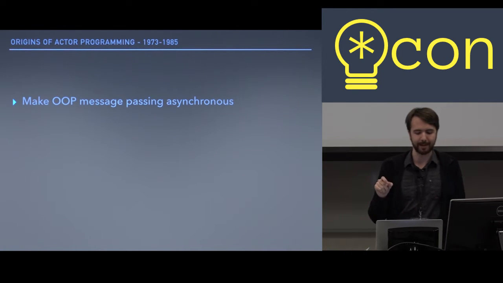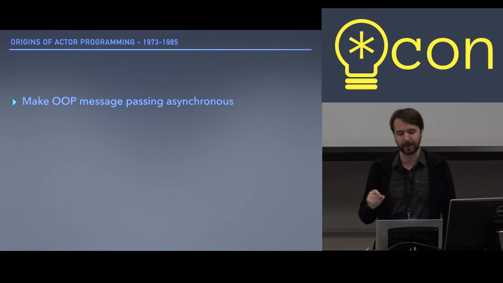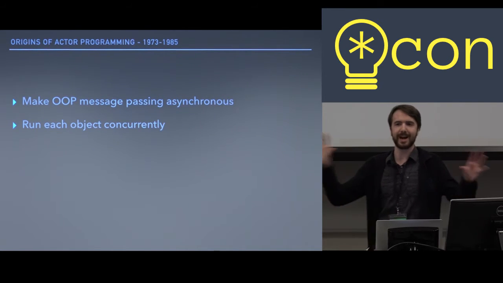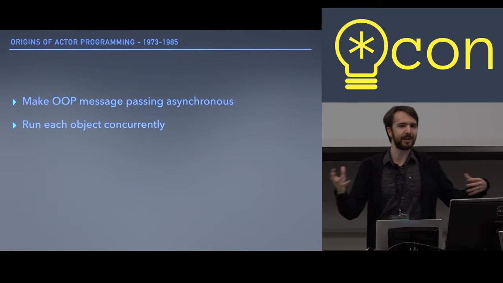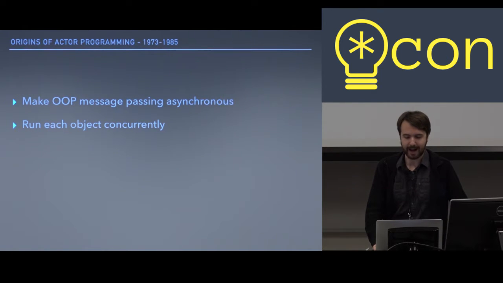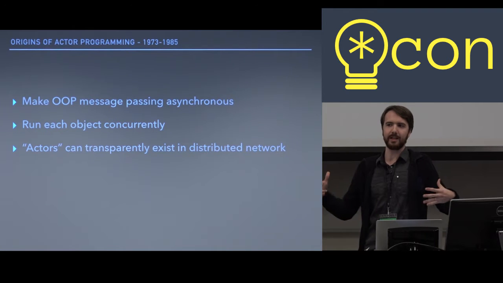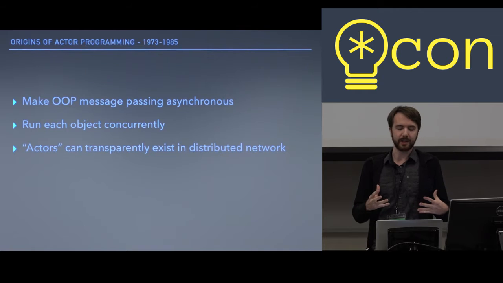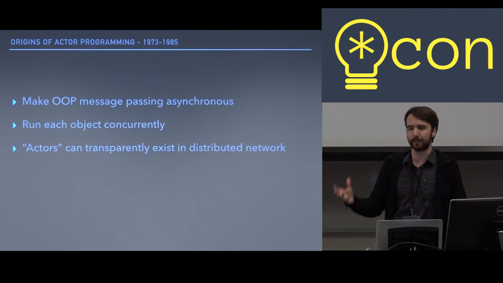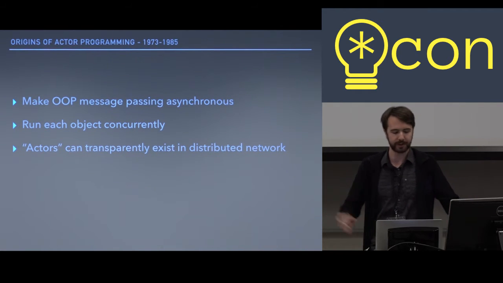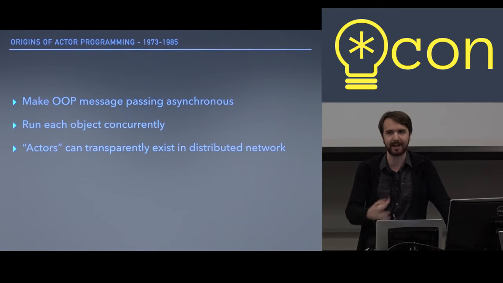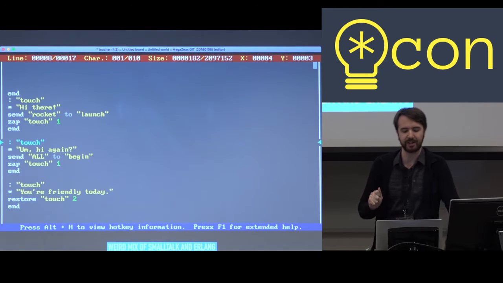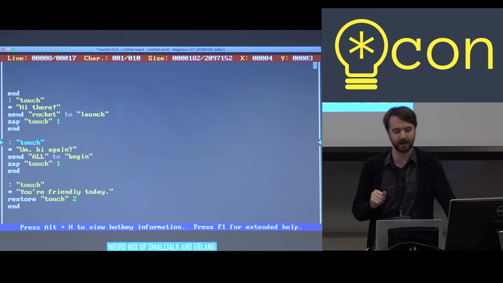So if we take Smalltalk's messages, but we make the message-sending operation asynchronous, suddenly we have a model that's more flexible. We can run each actor independently. They'll receive messages at some point. Additionally, if we maintain the private data, and so you can't share it or modify it, then you can run your actors anywhere, in different processes and different threads on different computers, and this makes the whole model much more flexible. So it turns out that robotic is actually this weird mix of Smalltalk and Erlang, but